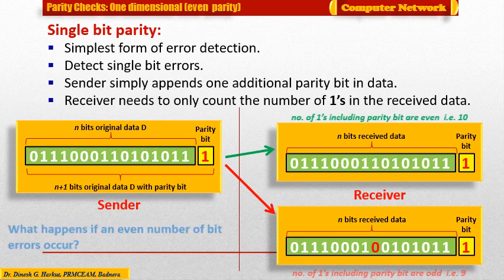The probability of bit errors is small, and errors can be assumed to occur independently from one bit to the next. The probability of multiple bit errors in a packet would be extremely small. In such a case, a single parity bit might suffice for our purpose. This is the simplest form of error detection, which has some limitations.